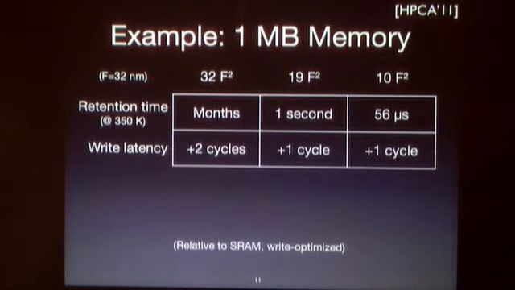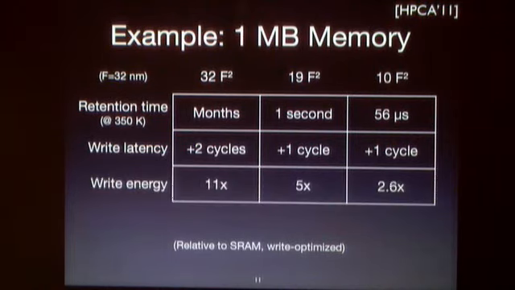What this gets us, though, is that with the minimum storage class design, we could never do better than 2 cycles worse than SRAM. We can now close that gap to only 1 cycle worse for both the 19 and 10F squared designs. In terms of write energy, the 11x became the 5x. And this is the same 5x that we saw before when we went for the read-optimized design, which has the 6 cycle slower writes. Simply by reducing the area, we get that same write energy